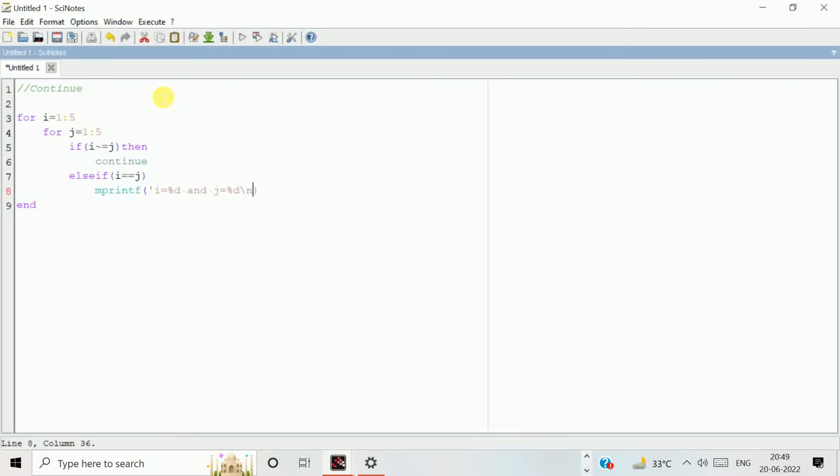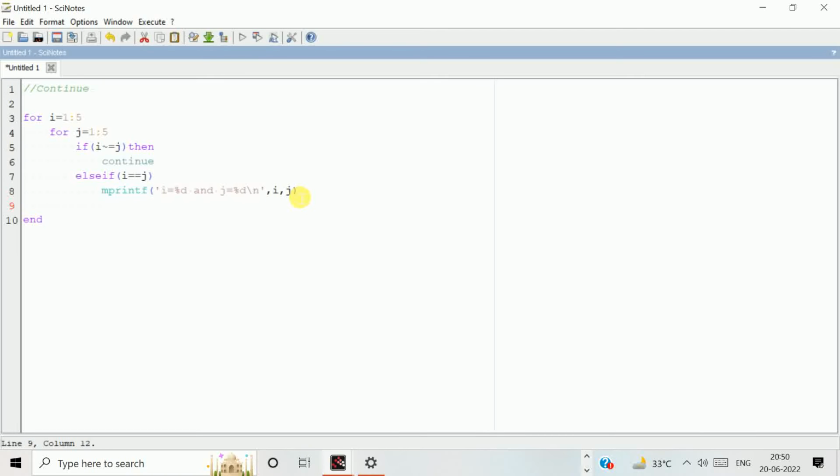So we write backslash n for new line, then the inverted comma will close, and then we give the variables i comma j. So the first percent d will be for the value of i, and then percent d for j, and then we have to end. So this end is for if,